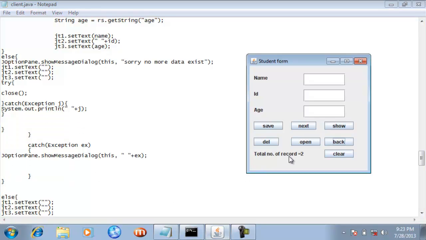Now guys, the last button, which is the clear button. So actually see what the clear button does. If I want to see the information related to the id value 1, then it is displayed. But now if I click clear, then all the data existing inside these text boxes gets cleared away.